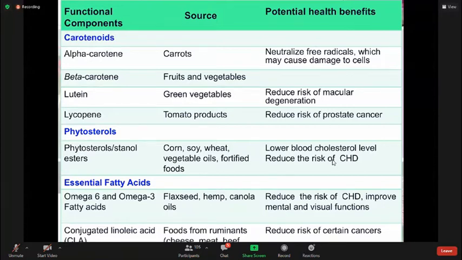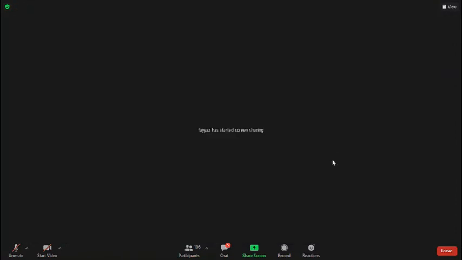Functional components, starting with the carotenoids, which are an important class of antioxidant components present in different vegetables and fruits, especially alpha carotene, beta carotene, lutein, and lycopene. These are some of the important types of carotenes, and they are linked with the reduction of the